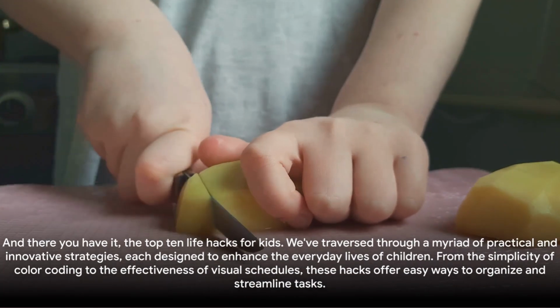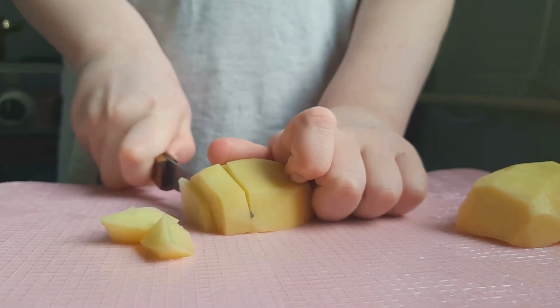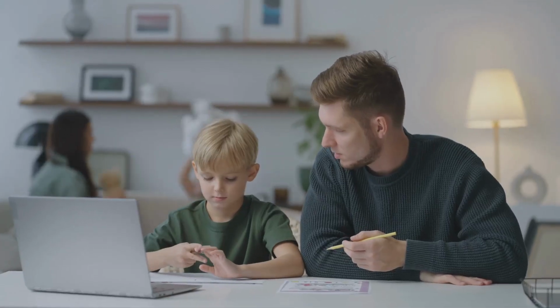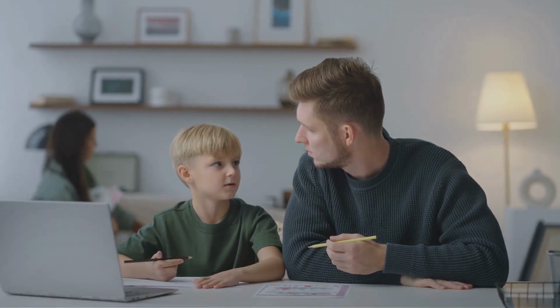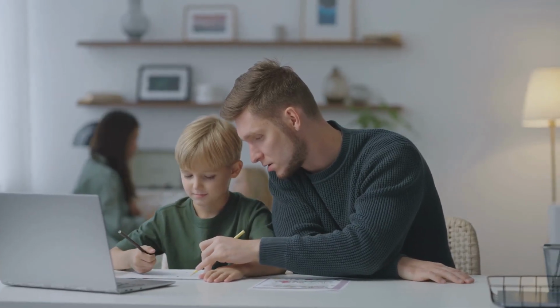And there you have it, the top 10 life hacks for kids. We've traversed through a myriad of practical and innovative strategies, each designed to enhance the everyday lives of children. From the simplicity of color coding to the effectiveness of visual schedules, these hacks offer easy ways to organize and streamline tasks. The 1-minute rule and the Pomodoro technique encourage productivity and time management, while the reward system motivates and